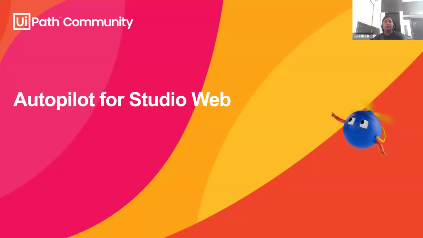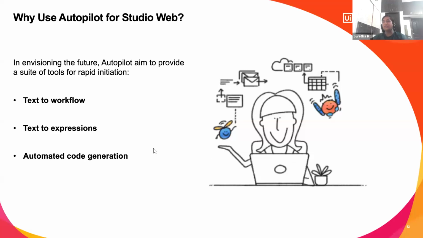All right. So now we are on Studio Web. Studio Web is already available for designing automation workflows directly within a web browser. I think you all must be knowing it already. But by integrating that along with Autopilot, Studio Web gains the ability to automatically discover processes suitable for automation. So if you give some general text, it will process it and generate steps according to the text that you have given. And you can validate and verify whether it is suitable for automation or not.